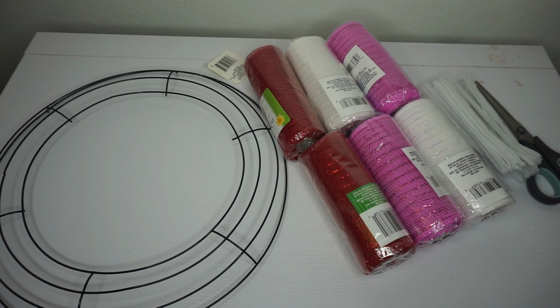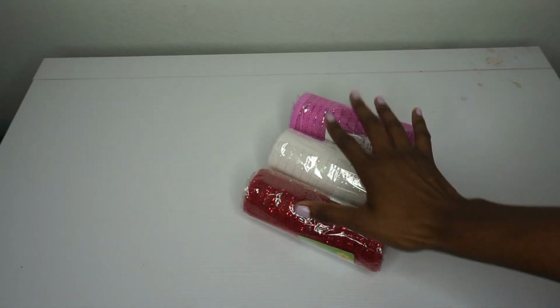I have 2 of each of my 3 colors. I usually use about 1.5 rolls of each color. You'll also need scissors or a rotary cutter and some chenille stems. Alright, let's get started. The first thing we're going to do is take our deco mesh and cut it